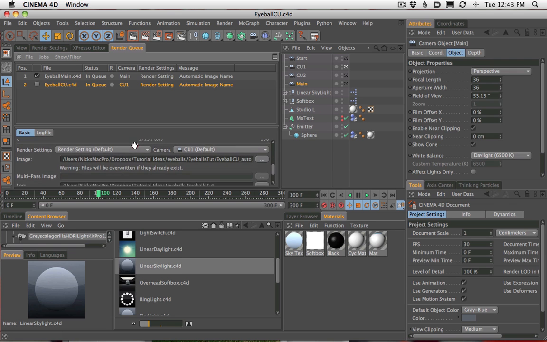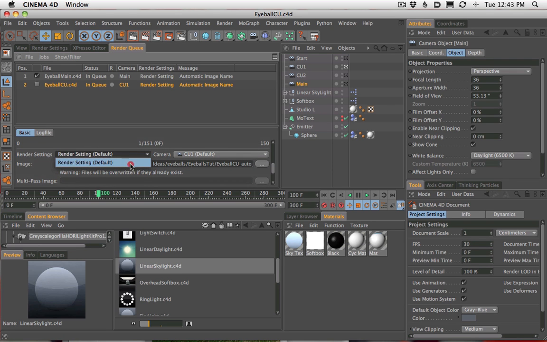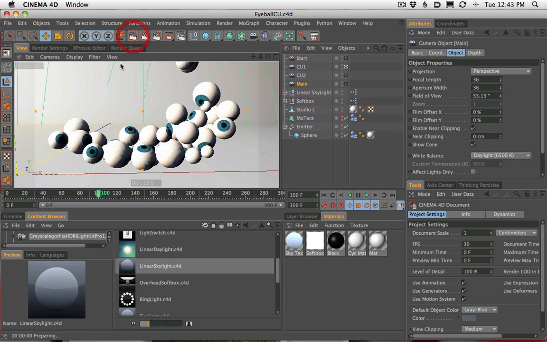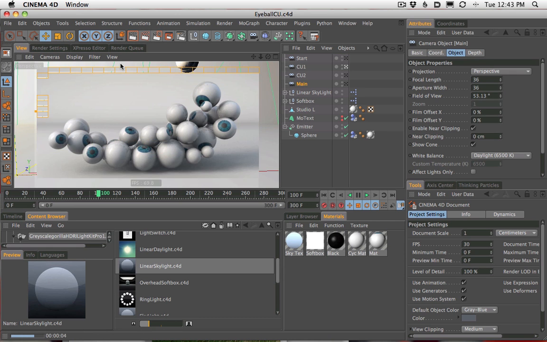I have a feeling, just going through this tutorial, that this is the secret to not having to use different scene files. But again, I'm always learning as I go, and if somebody has a good answer for that, that'd be awesome. Anyway, that's the end of the Cinema part. Basically, you kick all this stuff out into a folder, and you prepare it for After Effects.